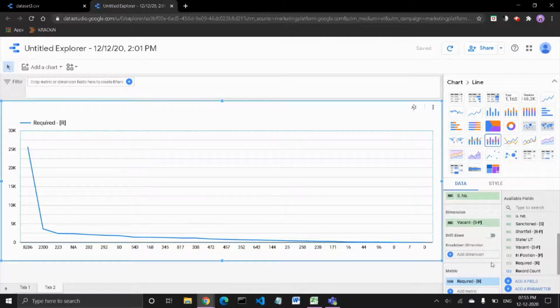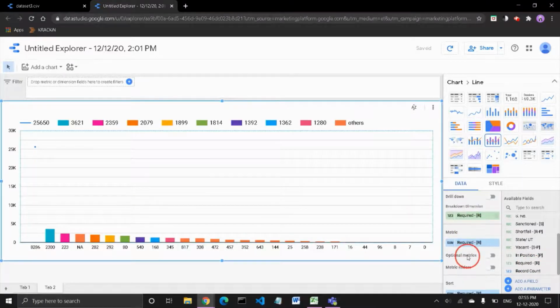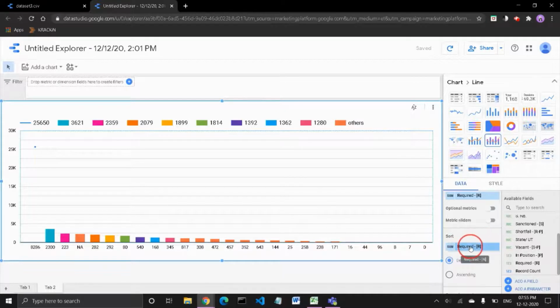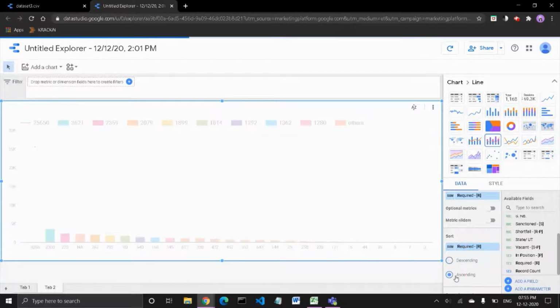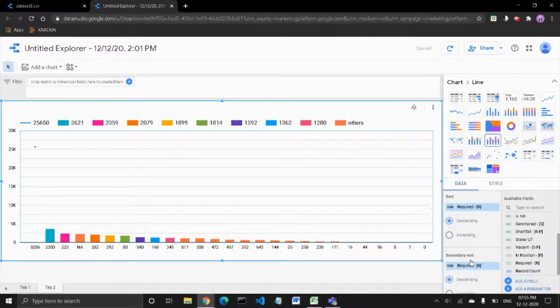And we'll take the breakdown dimension as required as well. We'll sort it according to the required number. Ascending, descending, that's up to us. Whatever we want. Let us sort it in descending order only.